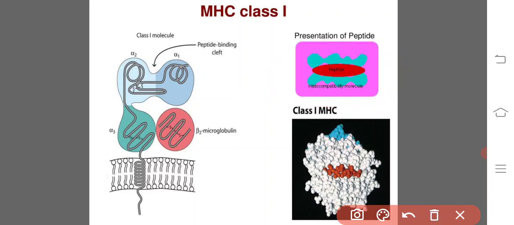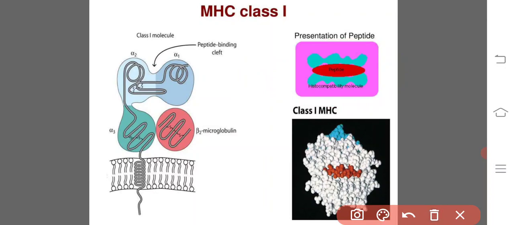In vitro experiments indicate that in the absence of beta 2 microglobulin, the class 1 MHC alpha chain is not expressed on the cell membrane. This is illustrated by Daudi tumor cells, which are unable to synthesize beta 2 microglobulin. These tumor cells produce class 1 MHC alpha chains but do not express them on the membrane. However, if the Daudi cells are transfected with a functional gene encoding beta 2 microglobulin, class 1 MHC molecules appear